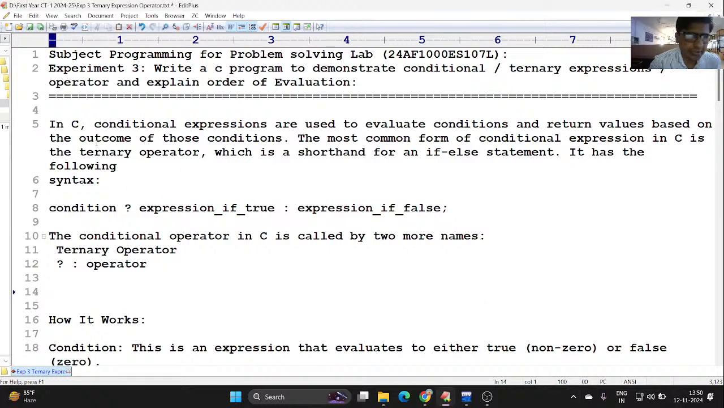Okay, guys. Today's subject is programming, Programming for Problem Solving Lab. Experiment 3. We'll write a C program to demonstrate the conditional or ternary expression or operator and explain the order of